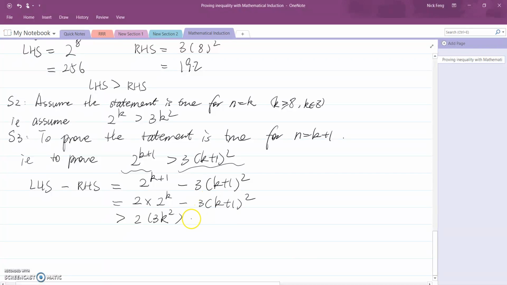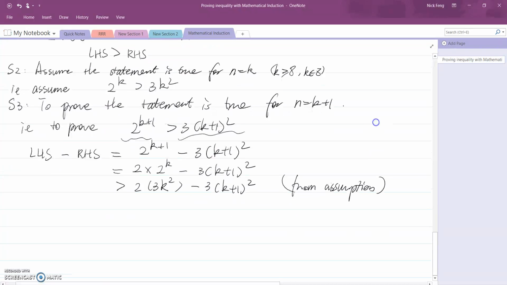Okay, so minus 3 times k plus 1 all squared, right, from assumption. And then that is greater than 6k squared minus 3 times k squared plus 2k plus 1. Speed up a little bit now. Expand it, you will get 3k squared minus 6k minus 3. Take it out, that will give us